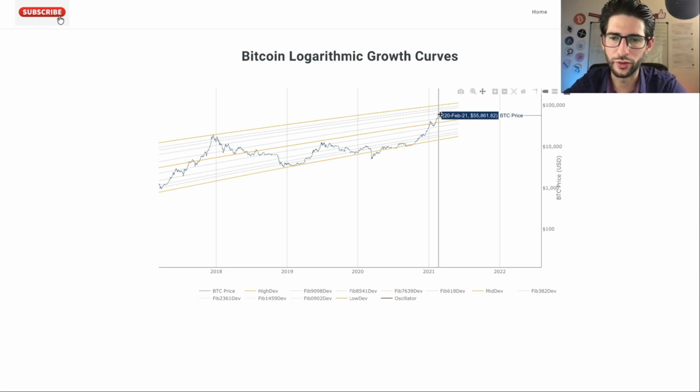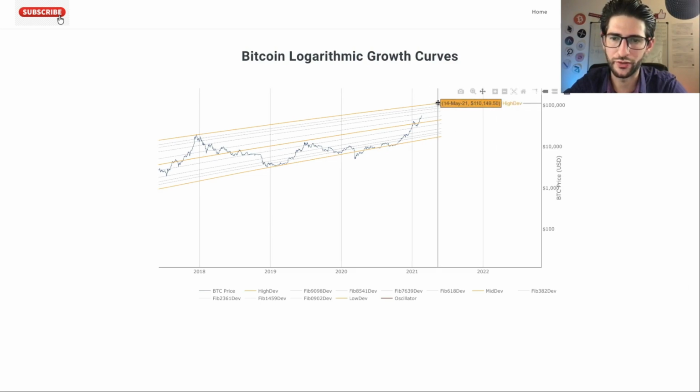But probably this will be smoothly, and when the time passes on, the number will increase on this. This doesn't mean that we cannot have a peak out of this prediction. Remember, this is a predictive chart, but right now the top of the market will be around $100,000